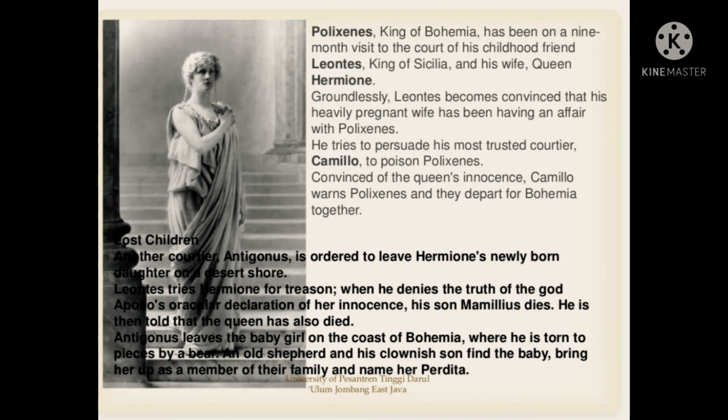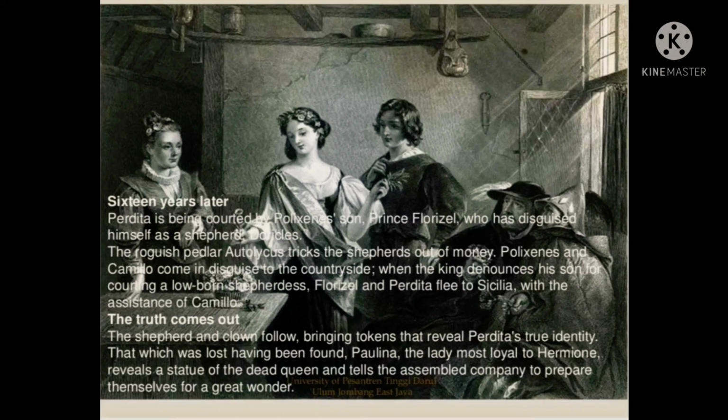He is then told that the queen also has died. Antigonus leaves the baby girl on the coast of Bohemia, where he is torn to pieces by a bear. An old shepherd and his clownish son find the baby, bring her in as a new member of their family, and name her Perdita. Now the play shifts forward 16 years. Perdita is being courted by Polyxenes' son, Prince Florizel, who has disguised himself as a shepherd